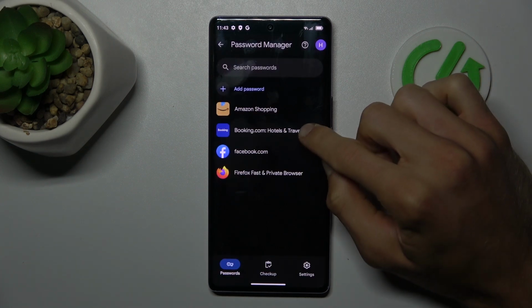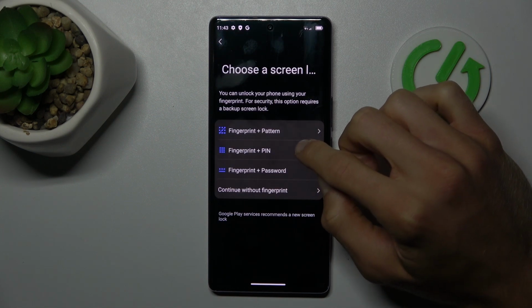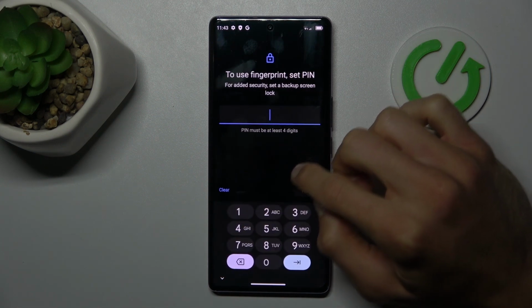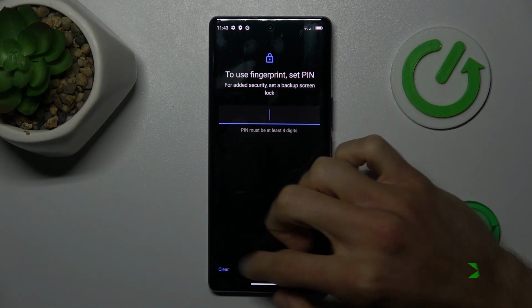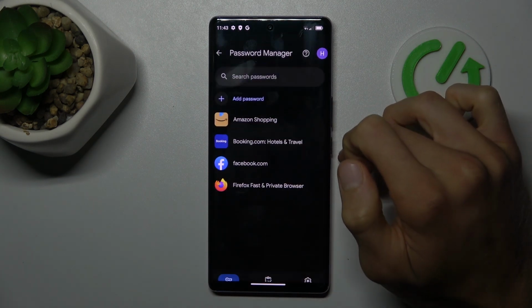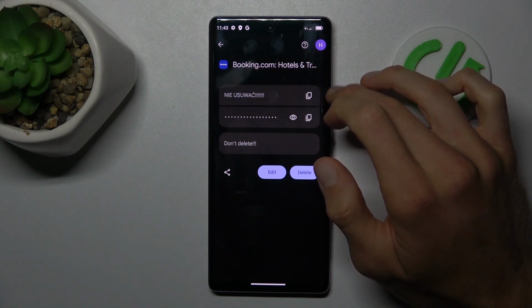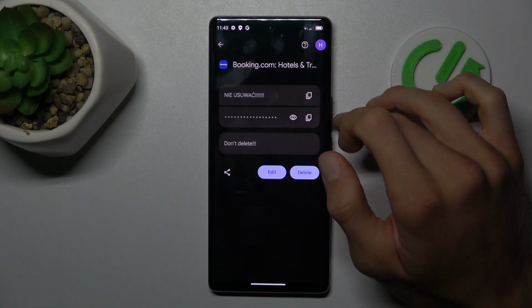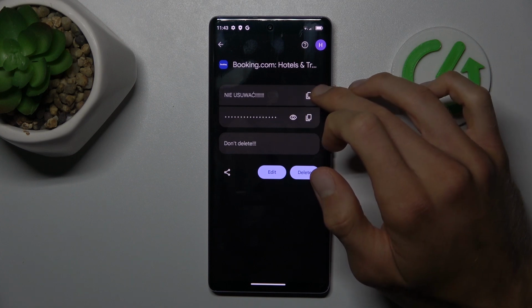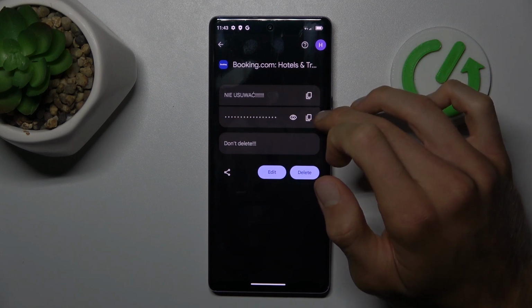Remember, maybe for our booking account, we can click that, but to manage it we need to have our lock screen. We can set it first, and after we enter our new lock screen we can connect to our passwords manager. In it we can copy our Gmail, copy our usernames and passwords by this first icon, or after